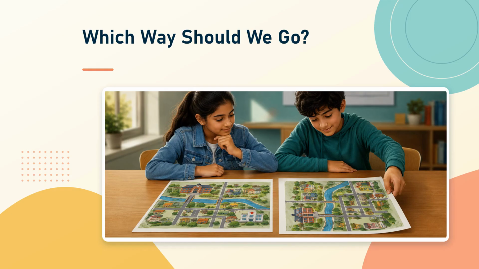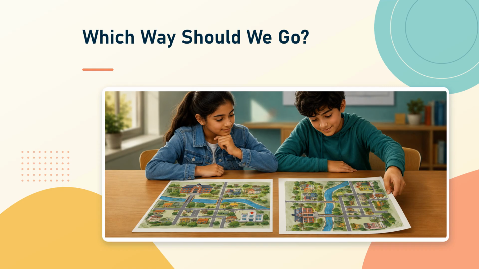By the end of this lesson, you will be able to use a map to explain where places are and how to move from one place to another. Imagine that two friends are holding the same neighborhood map, but one friend has turned the page sideways. The buildings have not moved, yet the page now looks confusing. The scene invites us to discover a reliable way to describe position without depending only on what looks left, right,